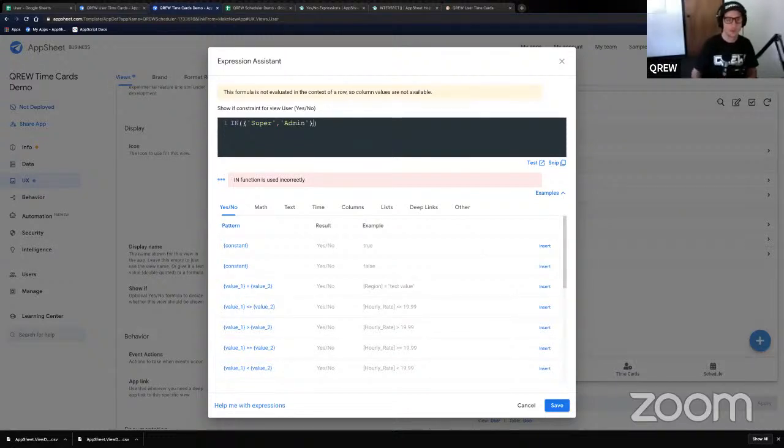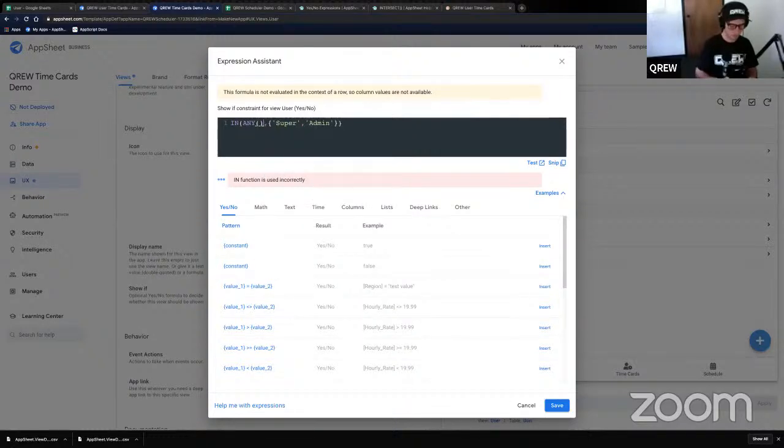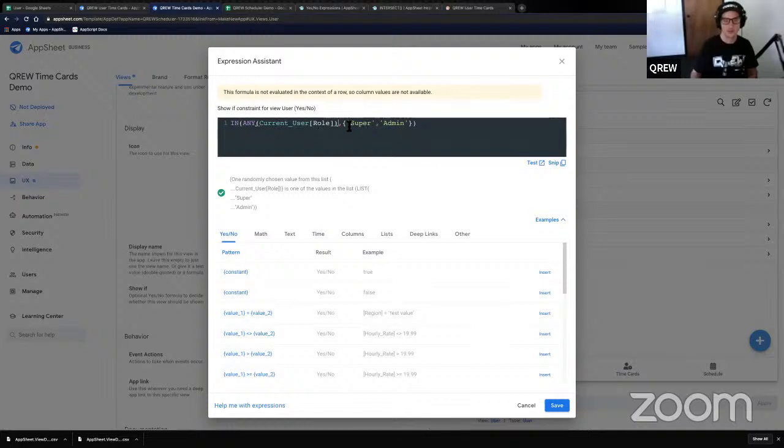All right. Okay, so that is, again, the way the in function works. You have your smaller piece first, and then you have your larger piece second. So my list is actually going to go second here. So I'm going to put a comma, and before the comma, I want to put the current user's role, which is going to be the singular value. All right, so I'm going to reference my slice again. So any current user role, that is the column that I'm interested in. Okay, so if the current user's role is either a super or it's an admin, then they should see this